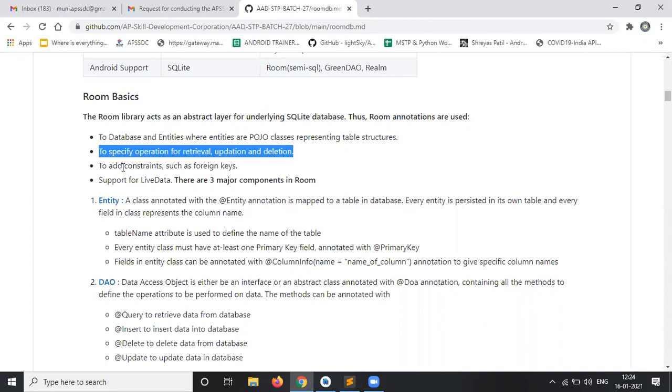Also there are some constraints like foreign key and primary key. The major advantage of Room database is that it supports LiveData. So what is LiveData here? With LiveData we observe the data, and whatever changes happen live are added to the UI.